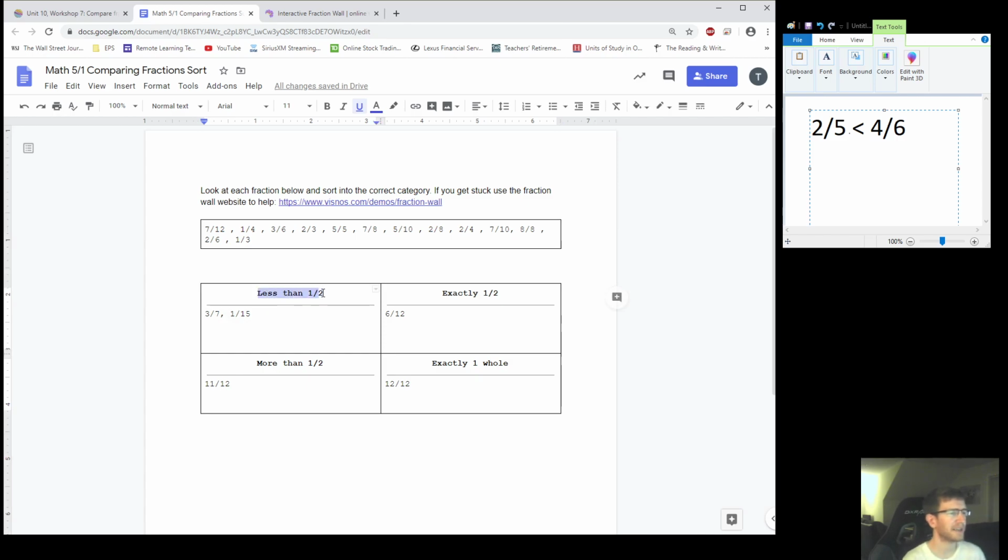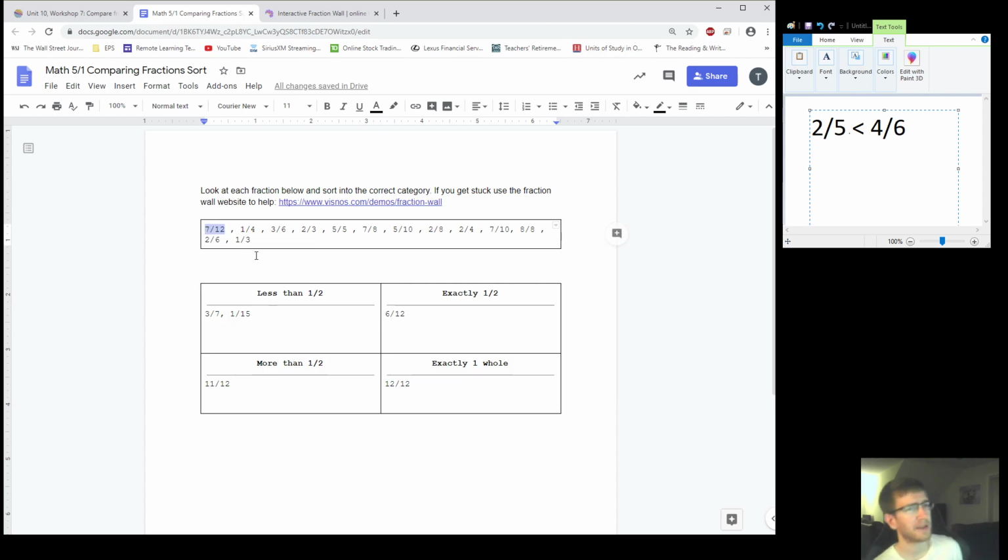Okay, so here's one category, less than 1/2. Here's exactly 1/2, more than 1/2. You're going to see there's some examples here. So 3/7 and 1/15, both of those are less than 1/2. Exactly 1/2, 6/12. Those are equivalent. More than 1/2, 11/12, and exactly 1/2, 12/12. Okay, so let's look at this first one,